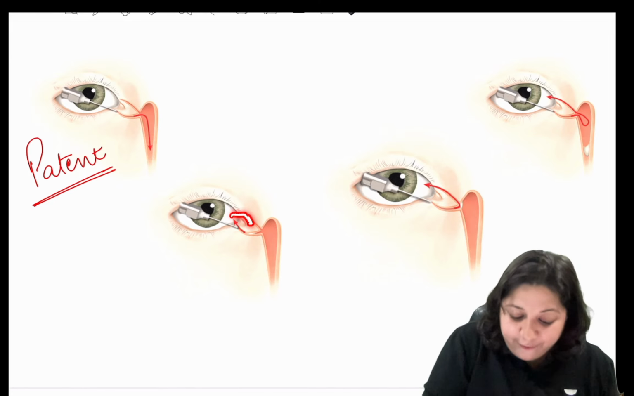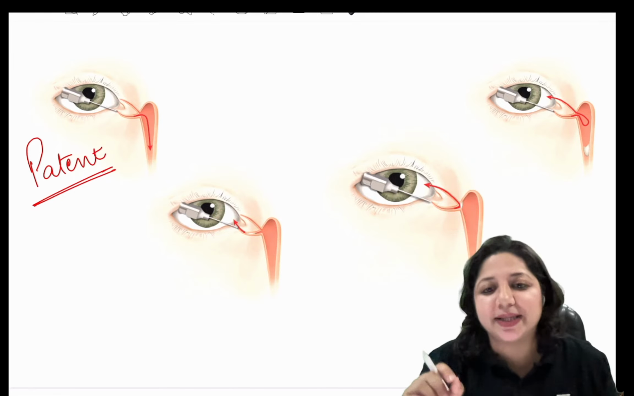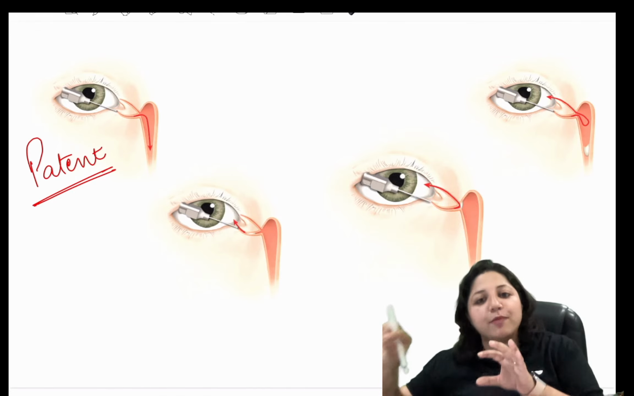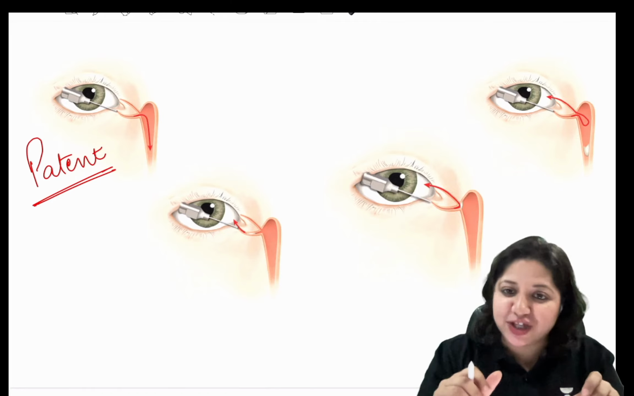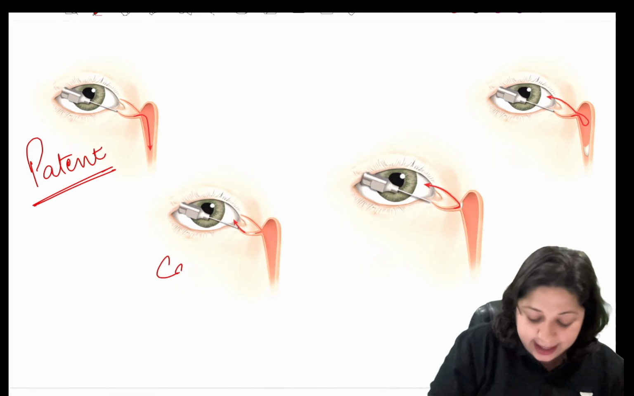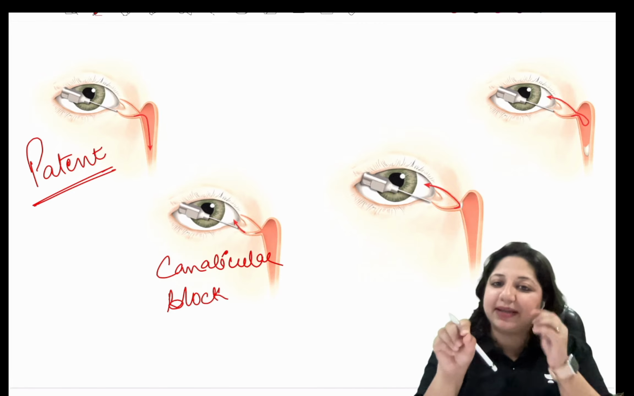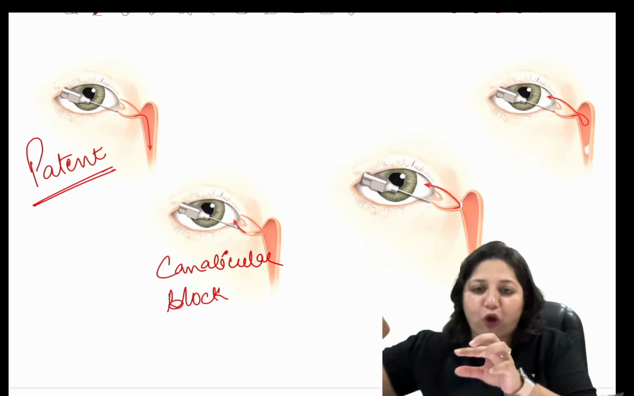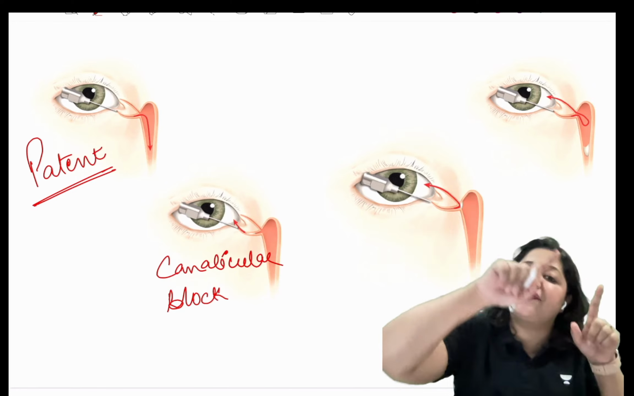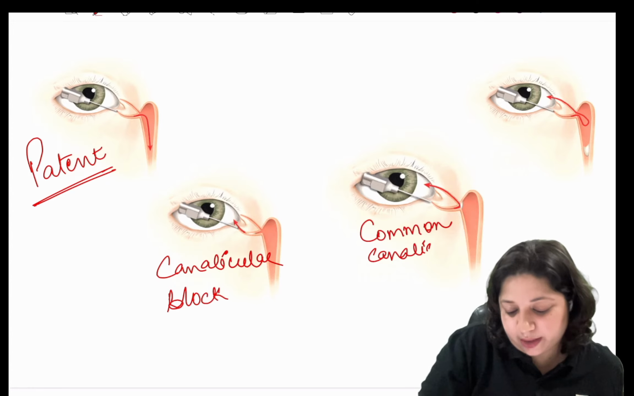But if you do it from above also and it comes back, then it's a common canaliculus block, because it comes from above as well as below, because then the common canaliculus is blocked. So if you inject fluid and it comes back from the same punctum, then it is called a canalicular block. That makes sense, because that same canaliculus is blocked and it is not going up to the common canaliculus. But if you inject in one and it comes down from the same as well as from the other, then it is the common canalicular block,